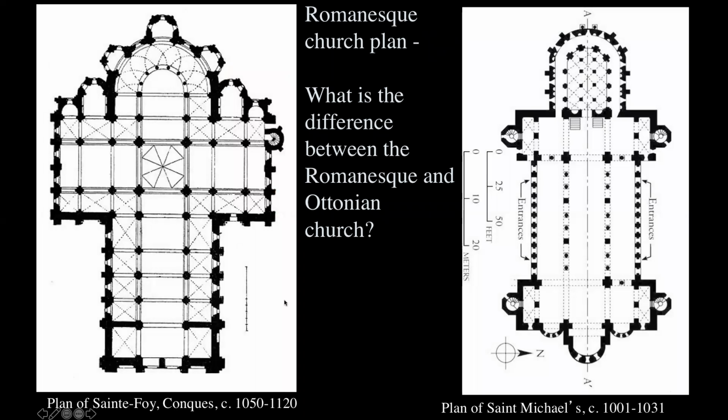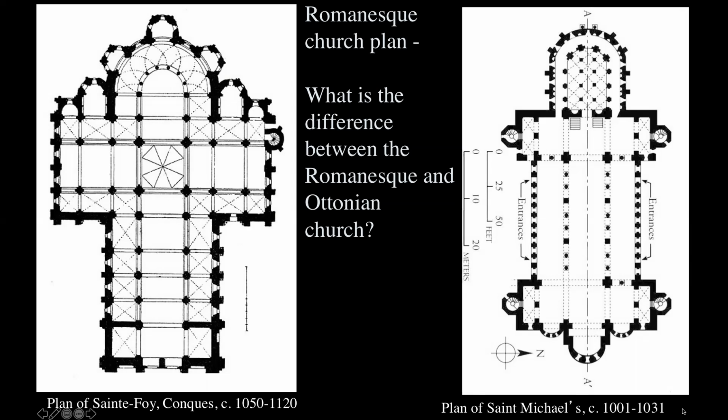Again, we're not going to talk about the Ottonian period specifically, but we can compare how things have developed. Both of these are developing out of the basilica plan, which is different from what we saw in Islamic art and from the Byzantine Empire. Instead, this is more like what was in ancient Rome and the early churches of the Western Church.